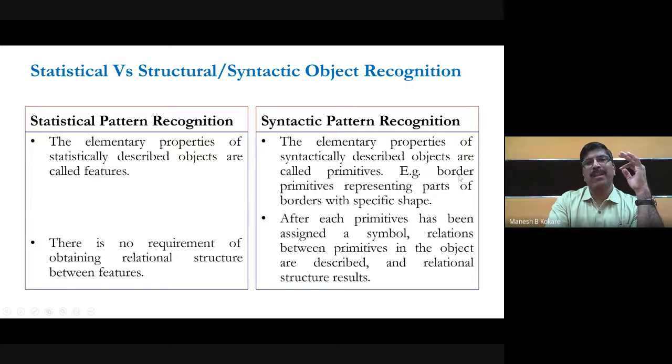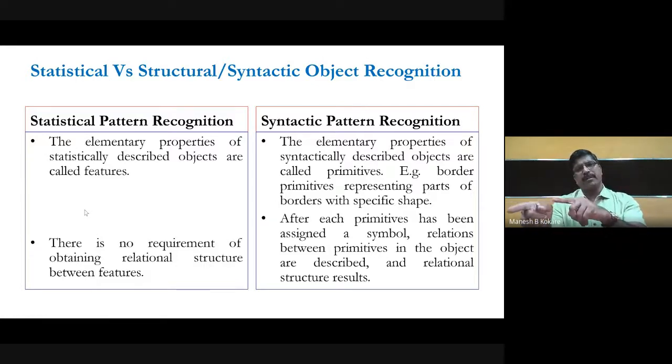So for example, border primitives representing the part of the border with a specific shape, and so on. So there is no requirement of obtaining the relational structure between the pictures. Like for example, you have extracted three pictures, so you don't have to establish any relation between the first picture and second picture, or second picture and third picture, or third picture and first picture, and so on.